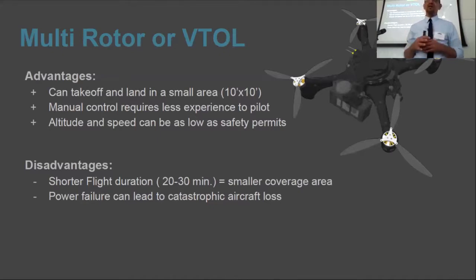Altitude and speed. It can typically fly at a lower altitude, like between buildings, because you can control it in a much more precise manner. Flying an airplane between buildings, you just generally understand the difficulty that would exist with that. The speed can be much slower, because these vehicles will do from 45 miles an hour ground speed down to 0. So they will come to a hover and can generally maintain a pretty consistent speed